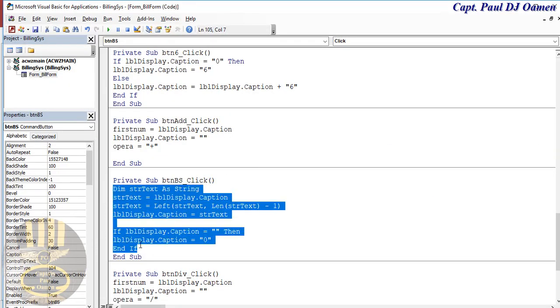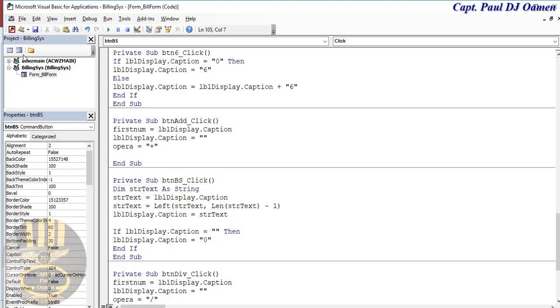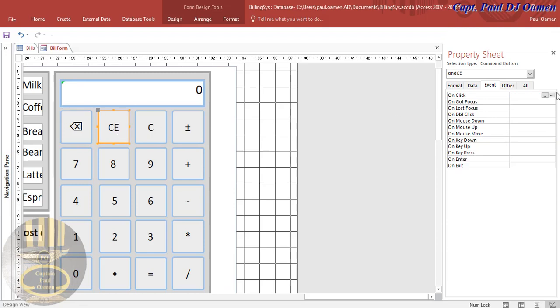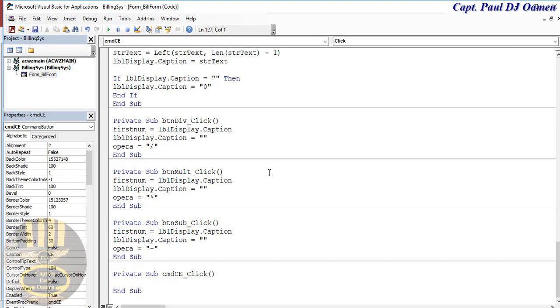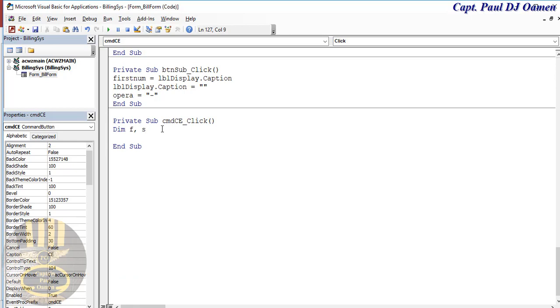And we just use the following lines of code for backspace. Okay, let's come right down here, select the CE. There we go. With the CE, I'm going to declare two variables. One is F, one is S. And let's say F. Well, first of all, let's just clear whatever we have inside the display. Okay, make that 0,